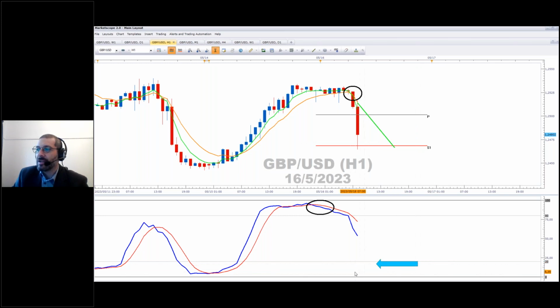How would we get that? I know I'm starting to sound like a broken record here. If the negotiations are unsuccessful, I think we get the dollar supported, cable gets pushed to the downside.